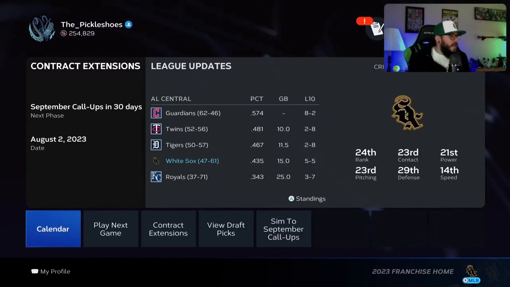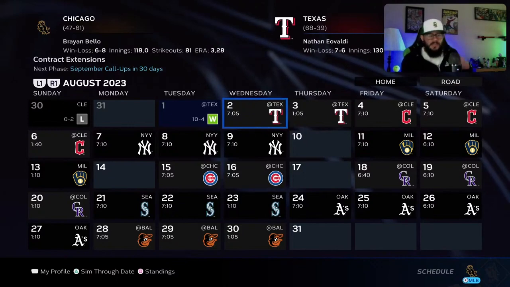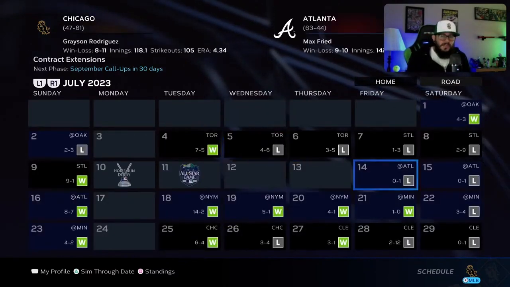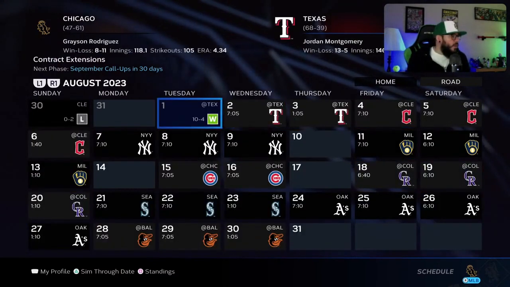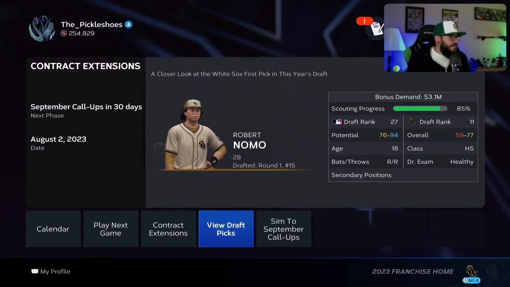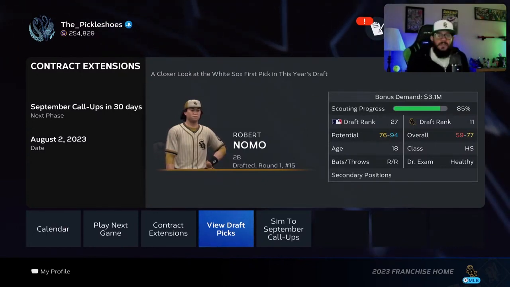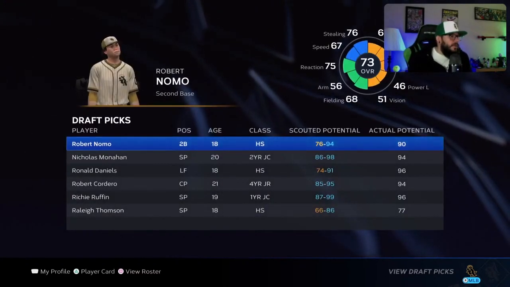Okay, so I got all my draft picks signed. It is the 2nd of August, so not too much time has passed. We've done pretty good since the All Star break with our new people we acquired, but I have not looked at my draft picks yet. So I thought I'd stop it here and show you guys who we got. So without further ado, let's take a look at our draft picks here. Okay, so